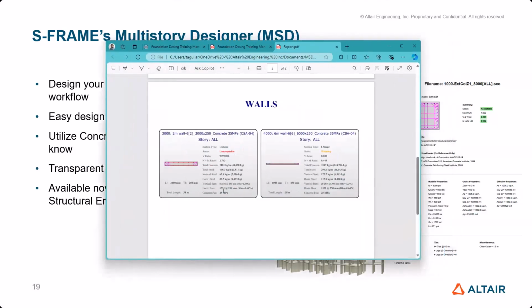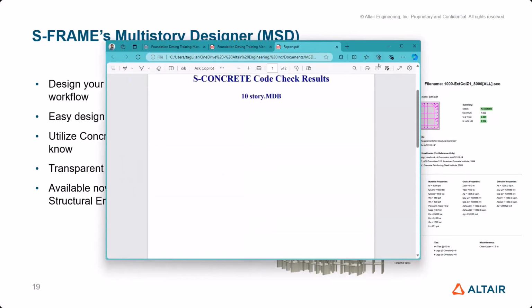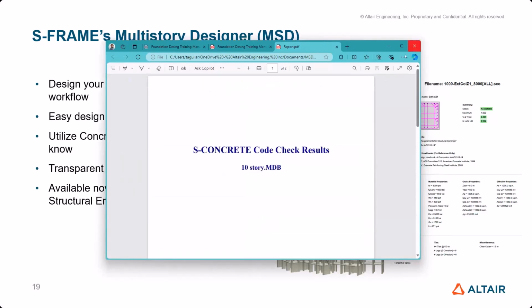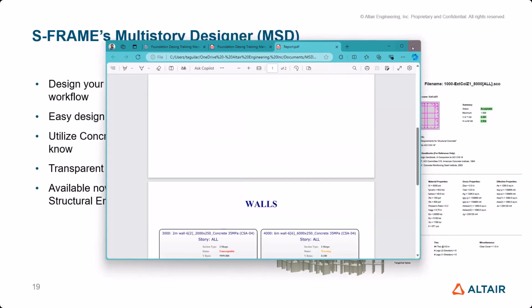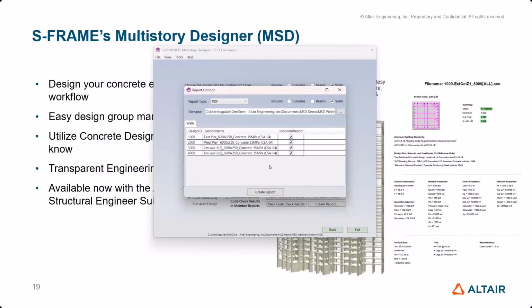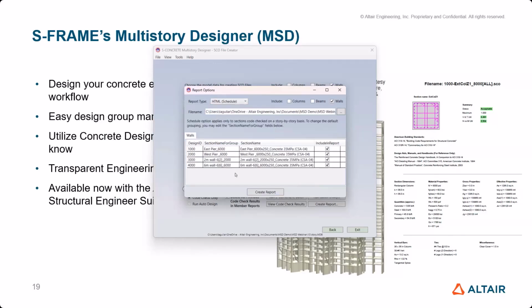So here we have the visual representation of these two different walls that we have in this file. And additionally, I can choose the HTML schedule-like report for the different sections. So I am going to include the east and the west